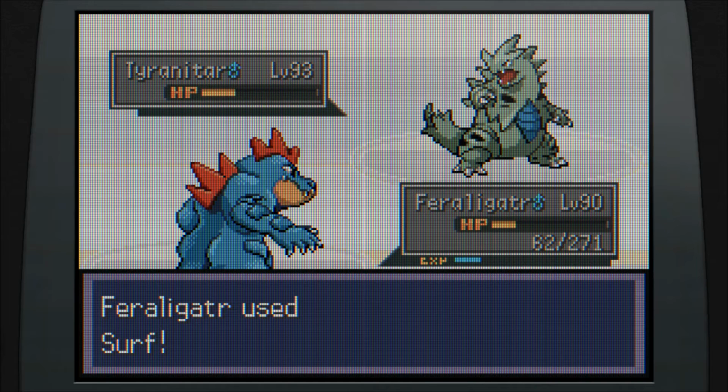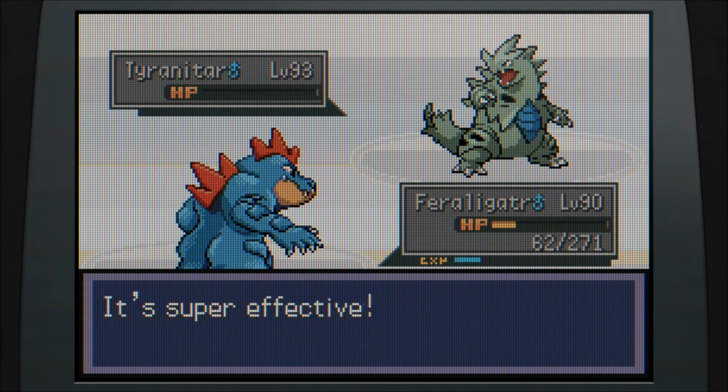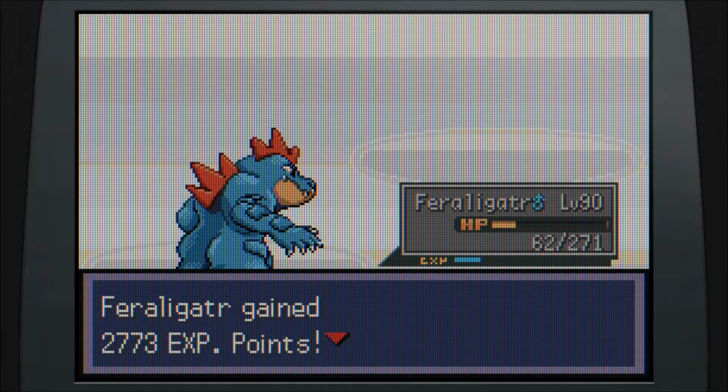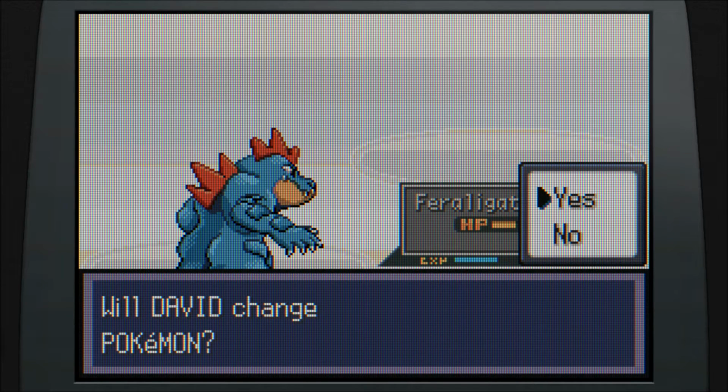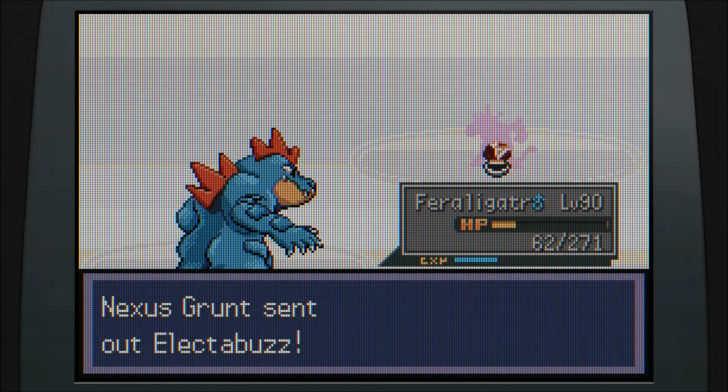Alright, going to take out that Tyranitar right there with Surf, and very good. Now, we are gaining quite a bit of experience from this, so hopefully I won't have to level up too terribly much going forward, although by the end of this revisit, it is pretty likely